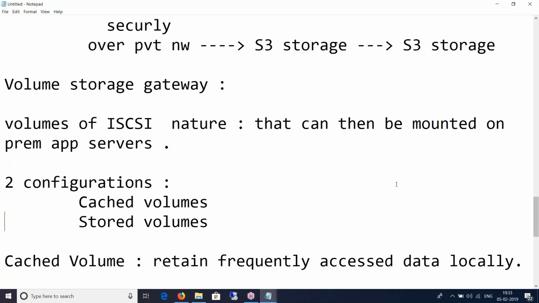In both cases, volume backups are stored as EBS volume snapshots regardless. And in order to reduce the cost of storing the snapshots, Amazon by default compresses them. So all snapshot storage is compressed to minimize your storage charges.